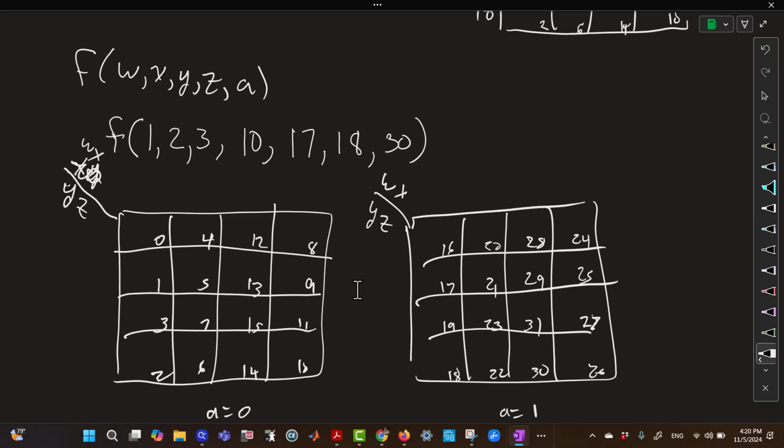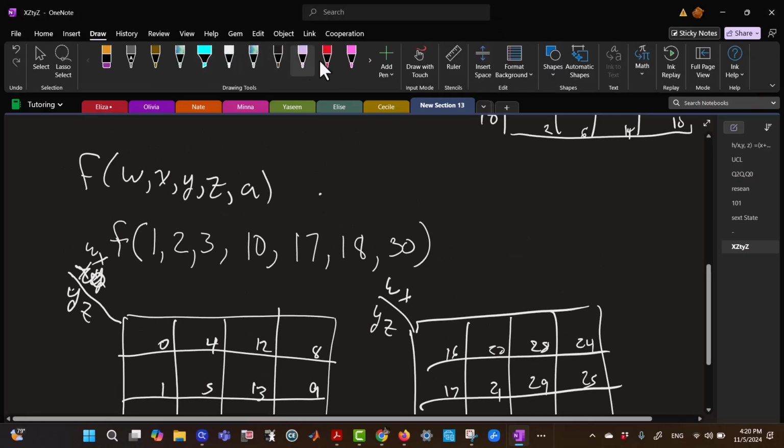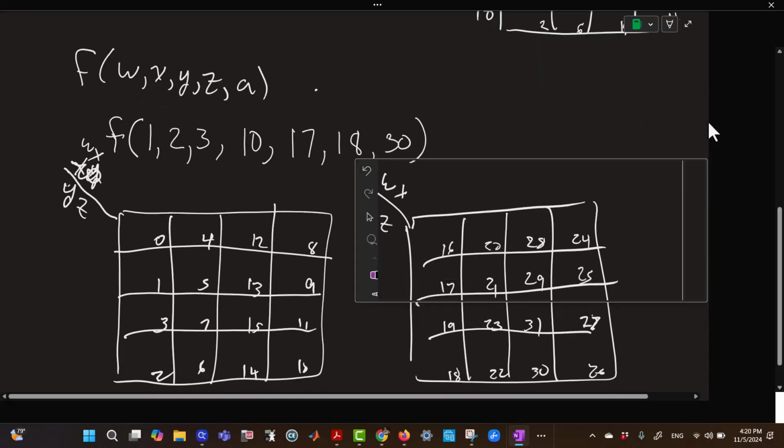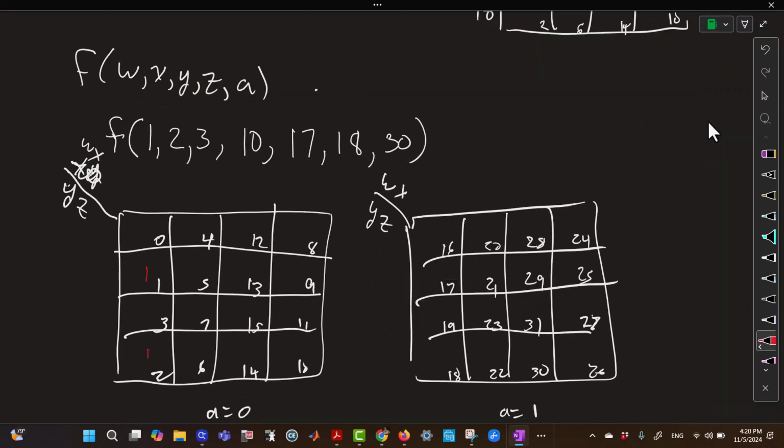So then I have 1, 2, 3, 10, that was 10, 17, 18, and 30. Okay, so to see if I'm going to link things between the two, I want to see if they're in the same place on both of them. And so